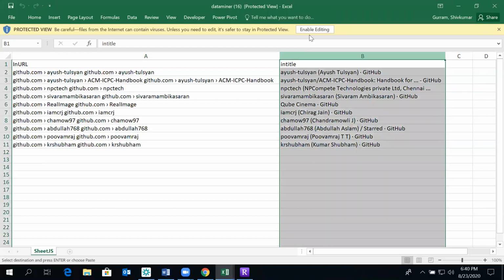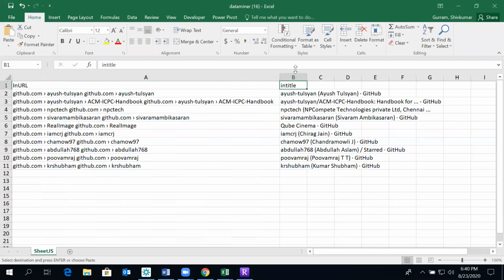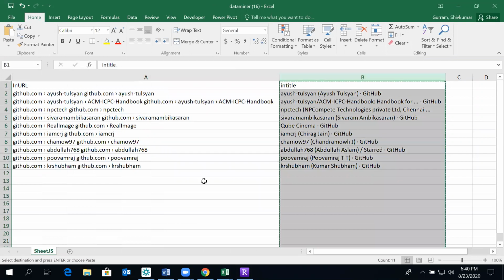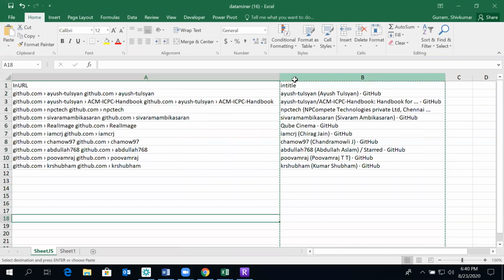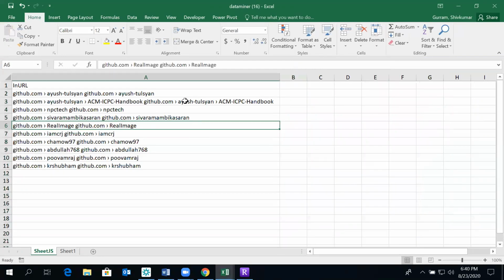Yeah, space would work out. So maybe from the in URL part, I may not be able to, but let's give one try. Nothing wrong. Here we'll take this part. Yeah, let's delete whatever is space.